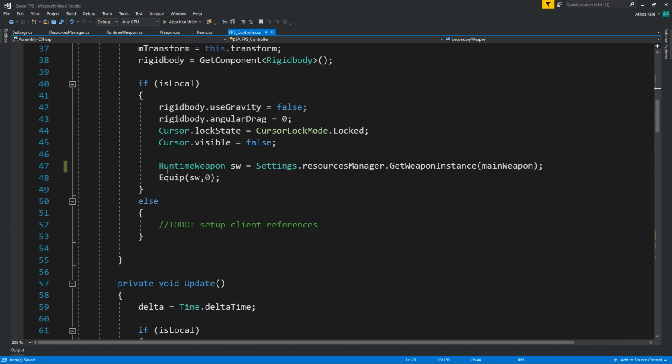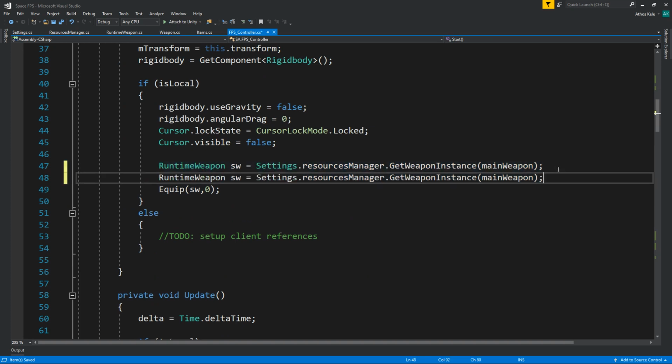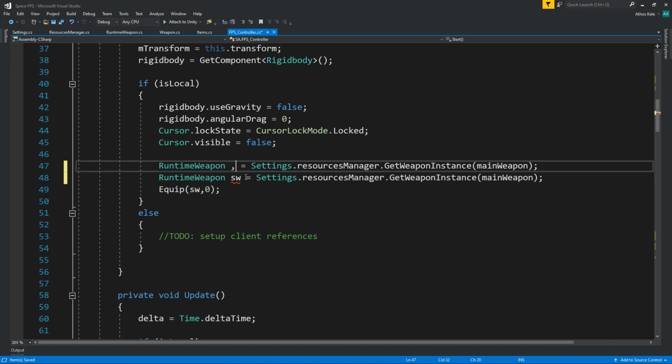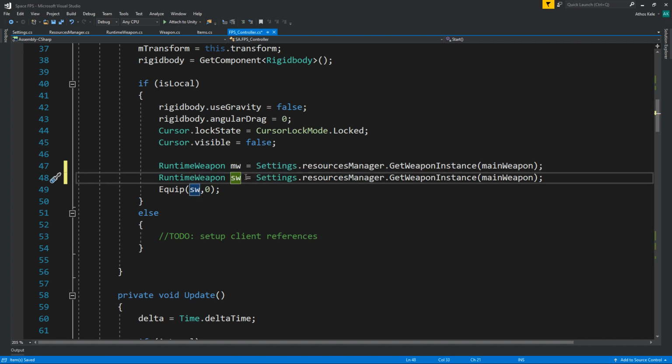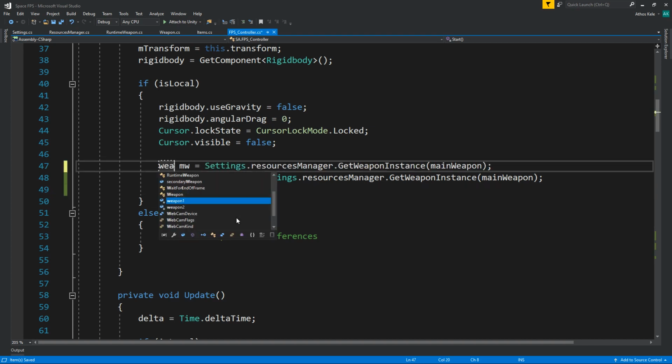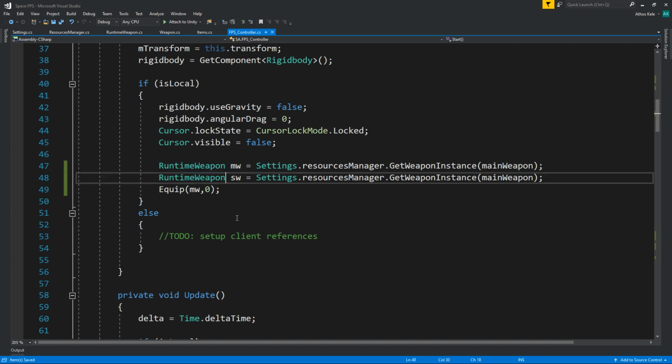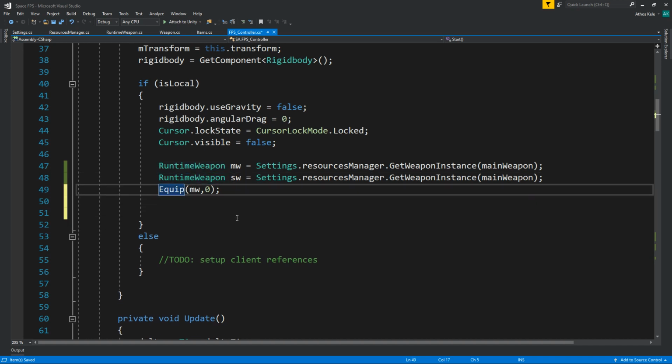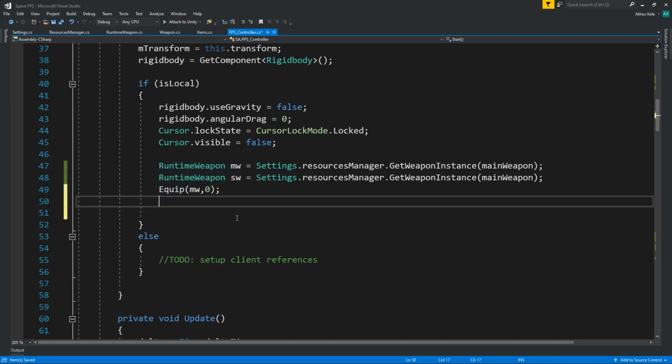So now we can take the equip, and we can also say runtime weapon mw here as well. Okay, so instead of runtime weapon, let's do no. Okay, let's do that. This will go on equip, and then we can just say weapon 2 is w,